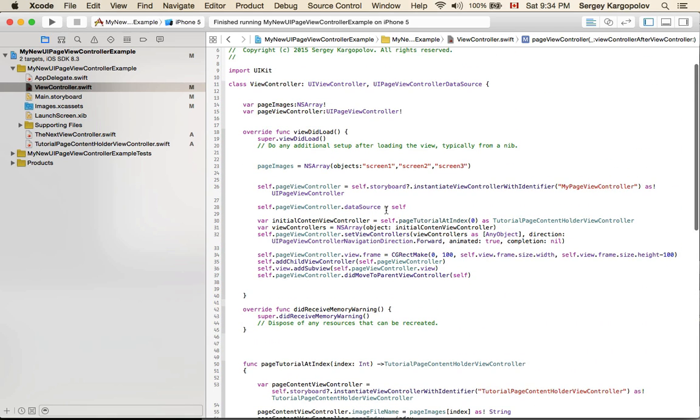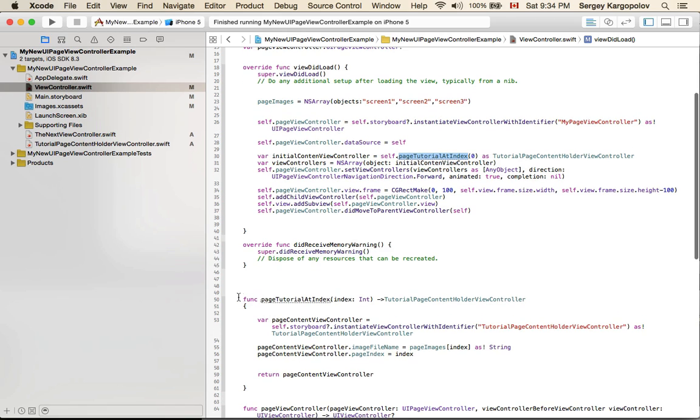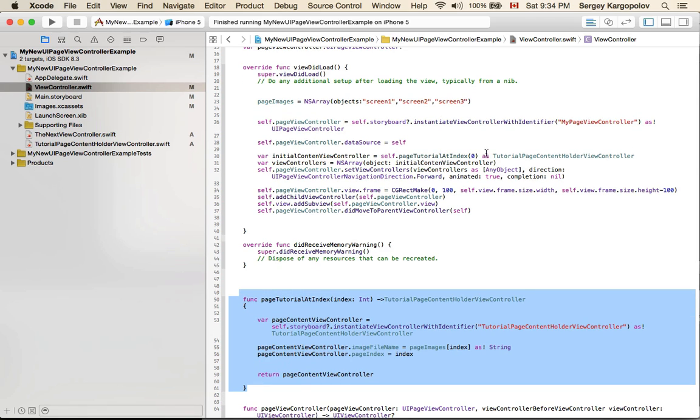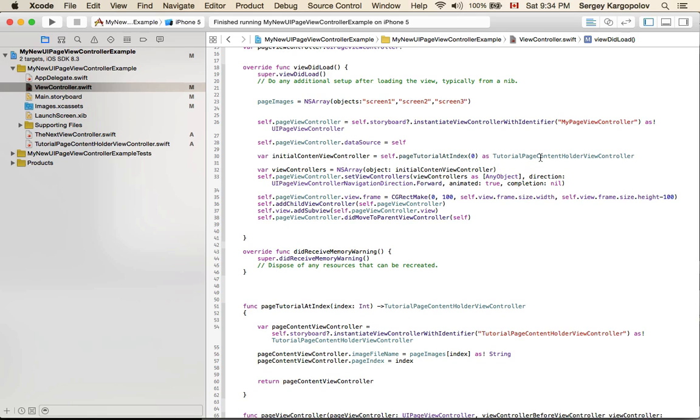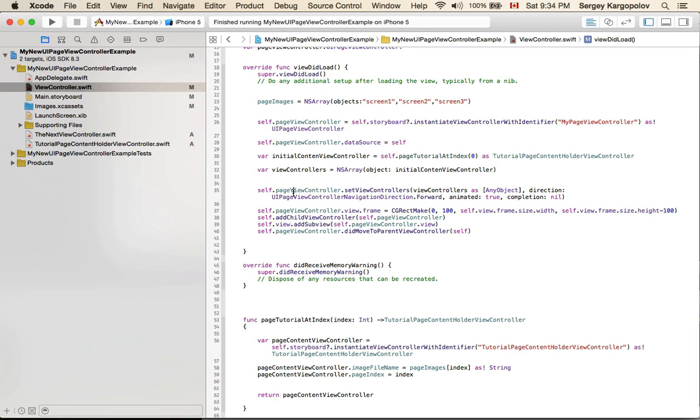So the data source is in here, and then we use the page tutorial at index helper function, which is implemented here, to instantiate the very first tutorial page content holder view controller,